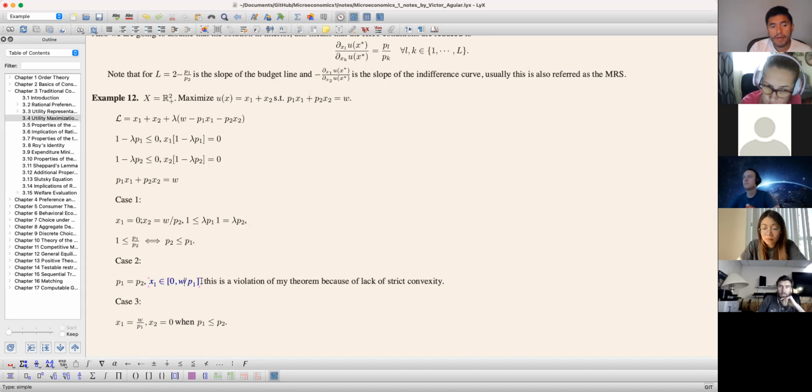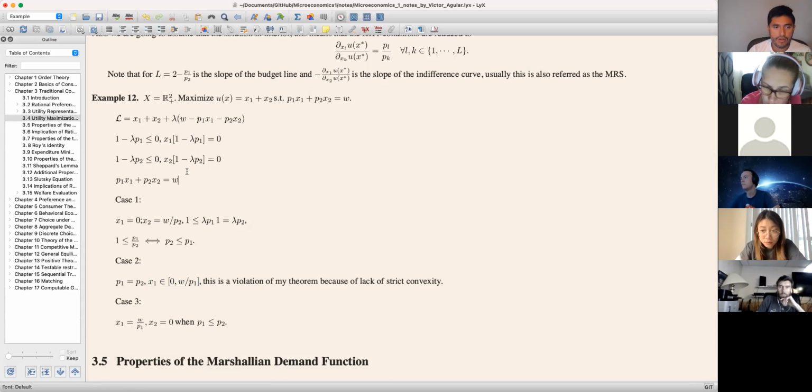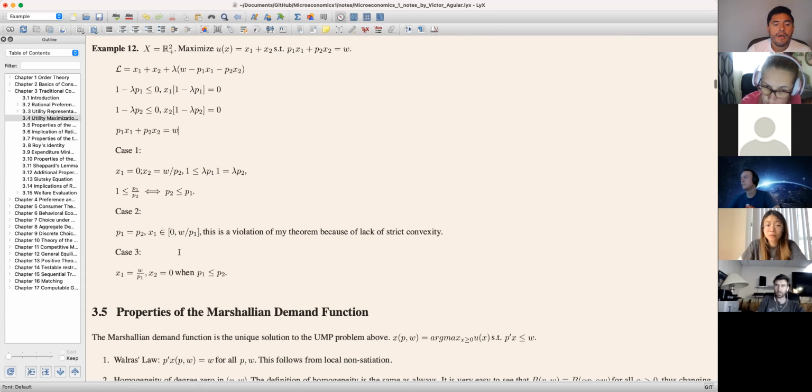This is the logic, but the math basically requires you to check that when the two prices are the same, then basically all solutions, everything is allowed. So you can verify that all of x1 from 0 to W divided by P1 hold. Now,